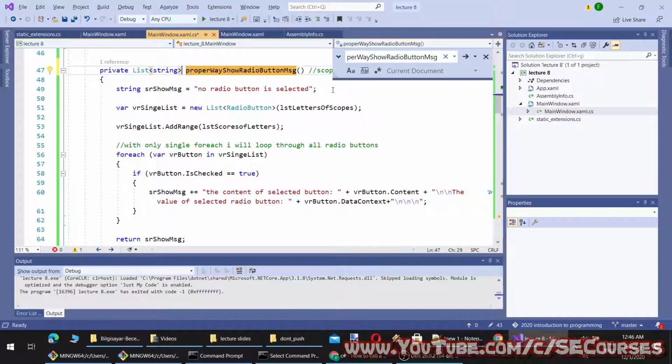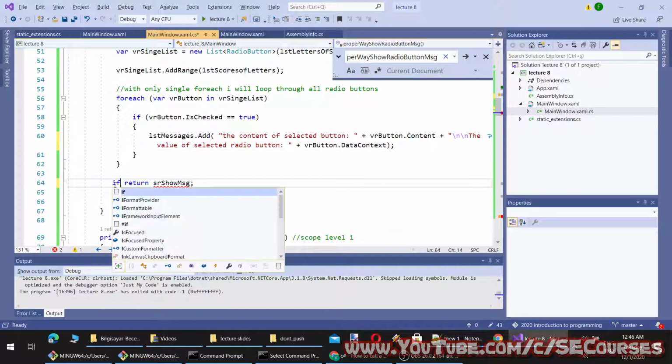string, and I will change this to list. It will be empty, and this time we will add a message to the list like this.